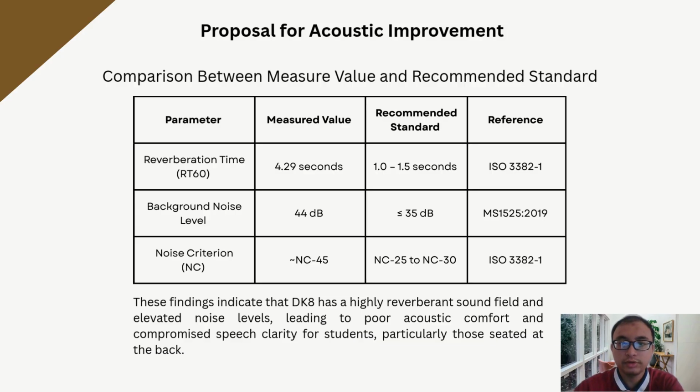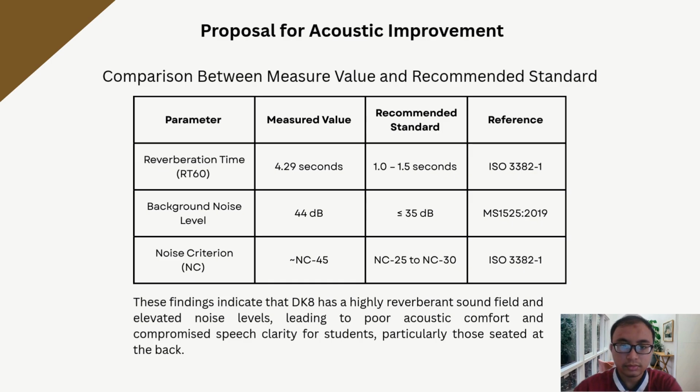For the proposal for acoustic improvement, first we need to compare between the measured value and the recommended standard. The first parameter is reverberation time, RT60, where the measured value is 4.29 seconds and the recommended standard is 1 until 1.5 seconds. The reference is from ISO